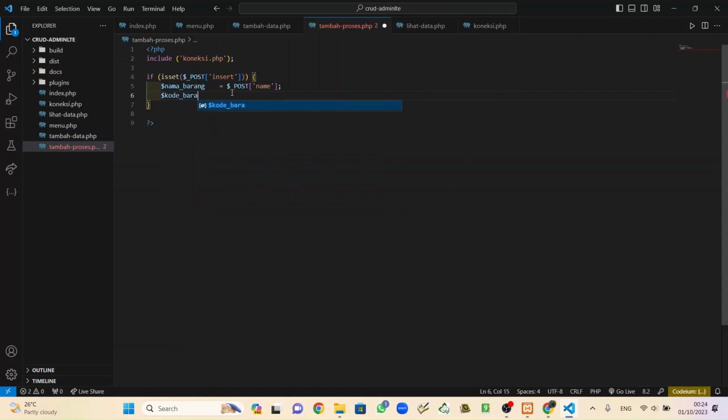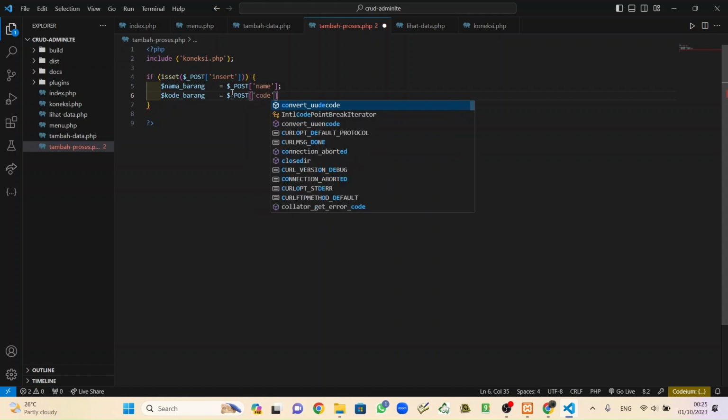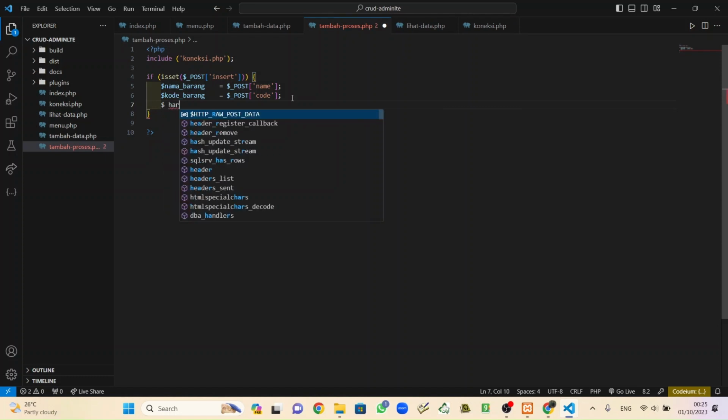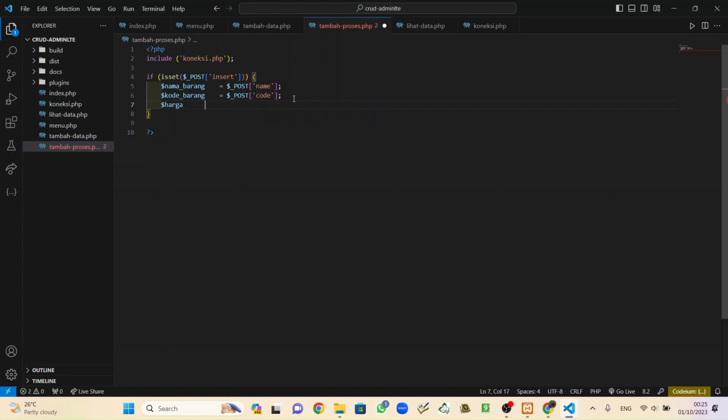Kode barang saves a value from post code. Set. Next, harga, variable harga, gets a value from post price.